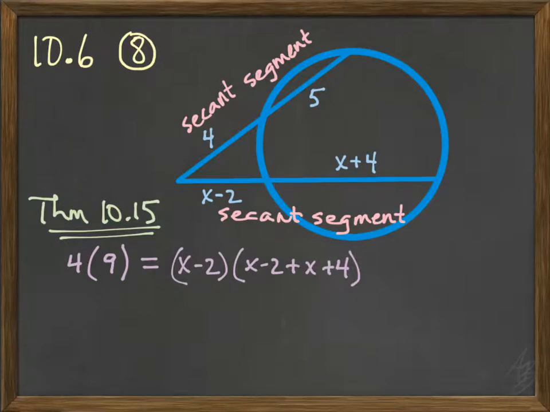At this point, to solve for x, the first thing we would want to do is simplify this group here, and then we would expand it. We would end up with a quadratic when we multiply the x minus 2 times the 2x plus 2, and we would set that equal to 0. At that point, there might be some simplifying that you might want to do before you factor and solve for